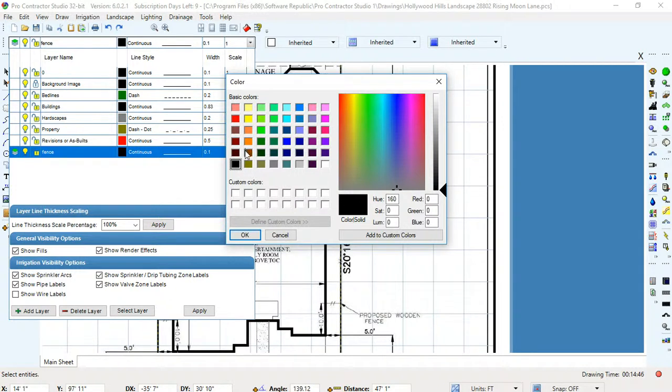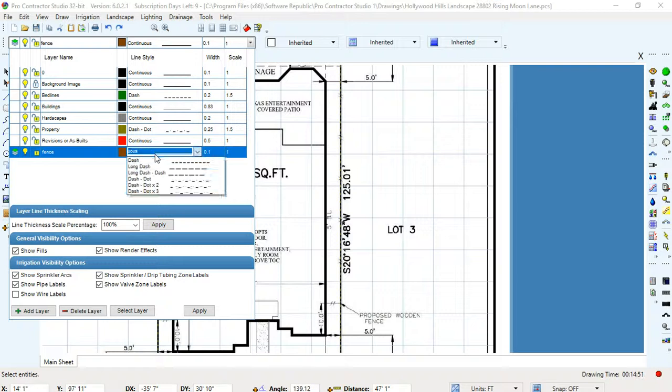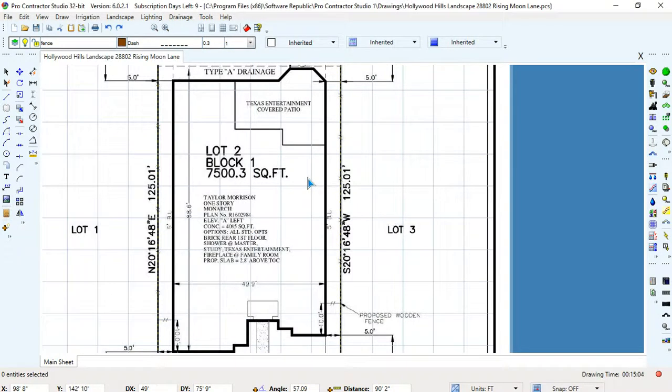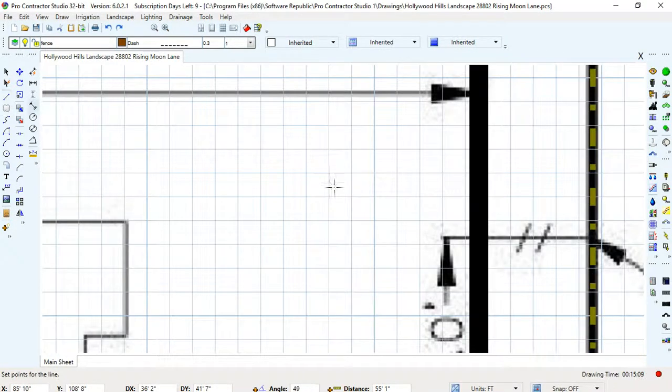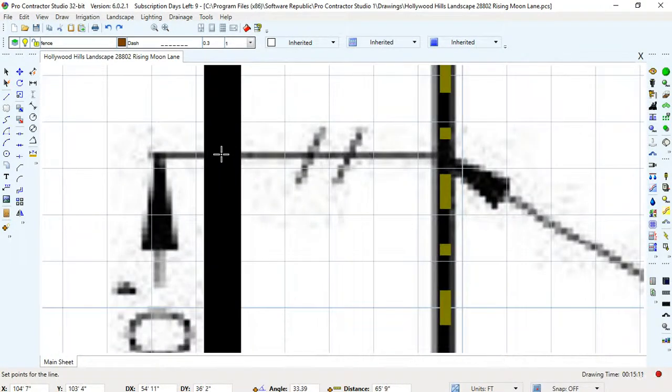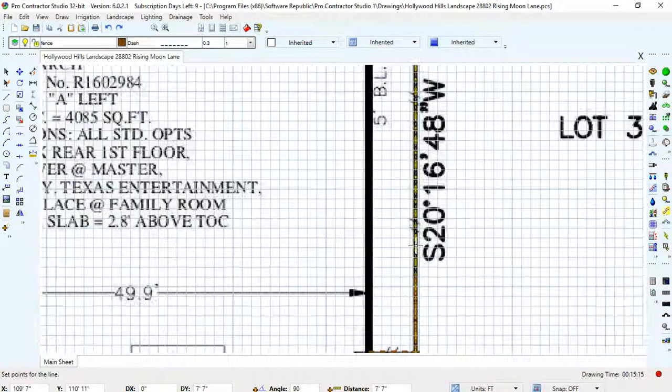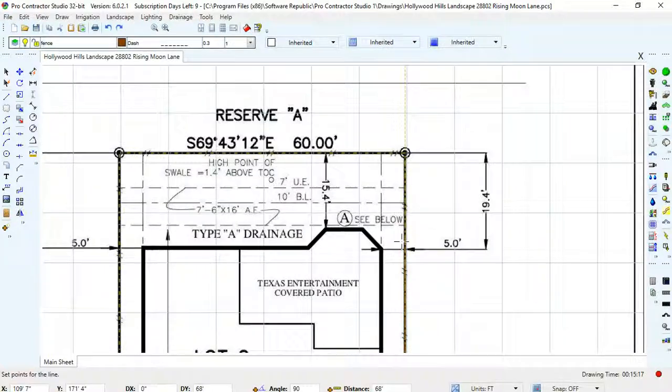I put it as a brown color. Click the color right there, put it as a brown, just because it's a wood fence. I put it as dashes, and then I give it a weight of 3 most of the time. Or width of 3, I'm sorry. And then just select it, and you can get out of it, and then you're doing the same thing. You're just clicking the line again, starting right here, left click, start, and then left click again because you don't